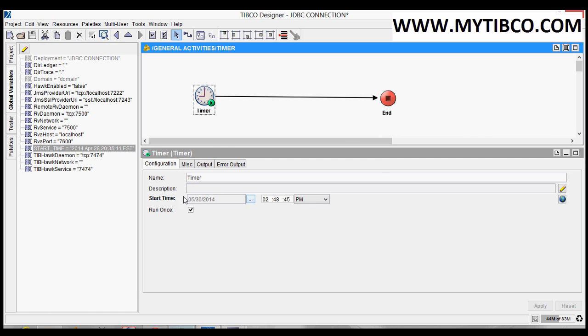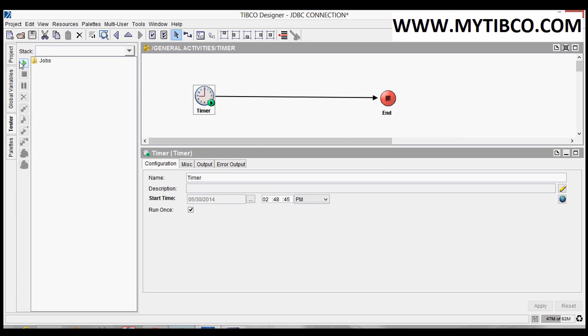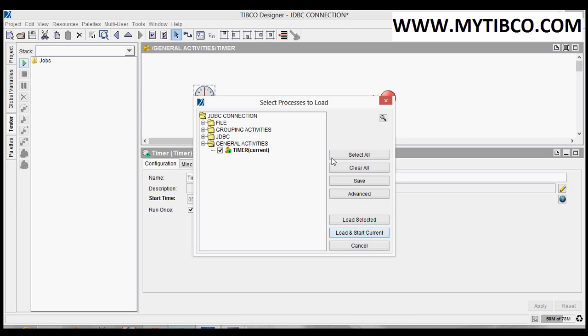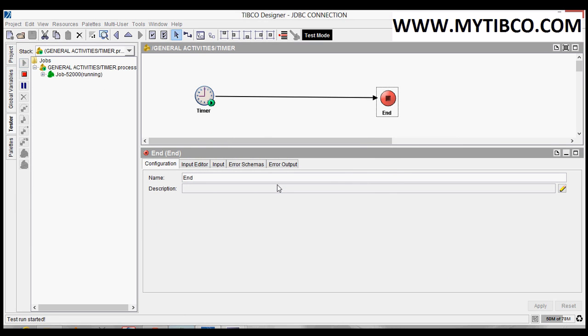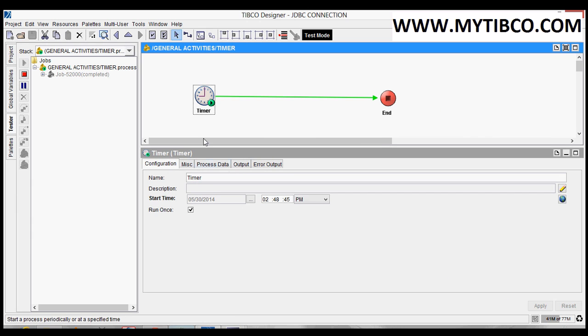Now I am creating a job. See, now the time is 2:53, but here the time is a past time. That means it has already crossed. In that situation, it won't wait to create the job at some particular moment. Because this time has already crossed, it will create a job immediately. The job is created immediately. Now see the output.